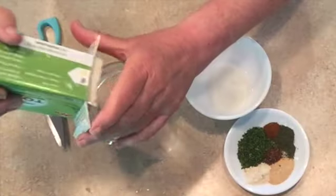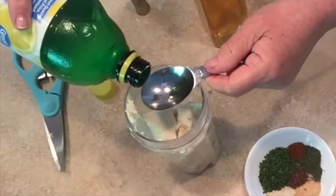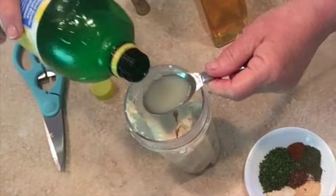Thanks for stopping by. Today I'm going to show you how to make a vegan ranch dressing, and the base of that is going to be shelf-stable silken tofu. So let's get started. Once you have silken tofu, lemon juice, and vinegar in your blender, simply blend this until